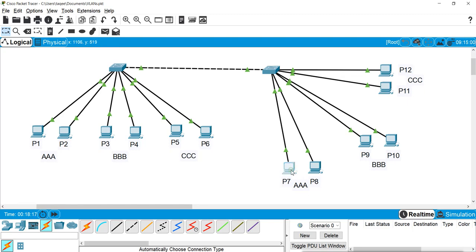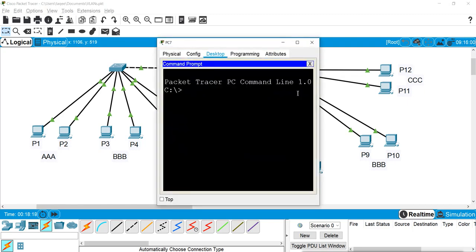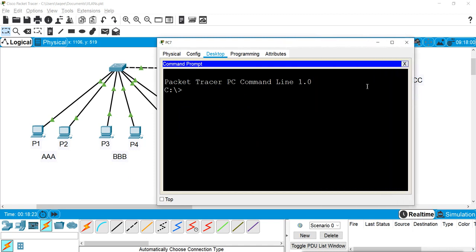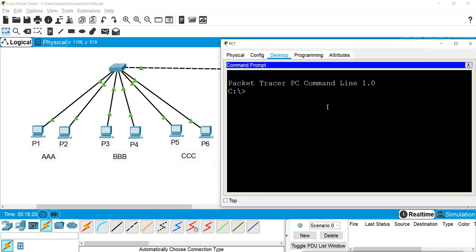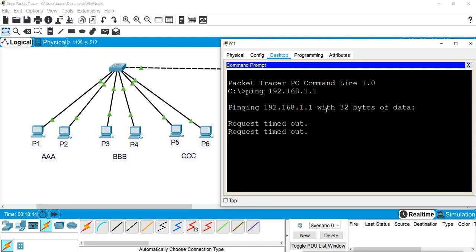I'll go to this machine, open the command prompt, and try to ping 192.168.1.1. And it is not connecting.